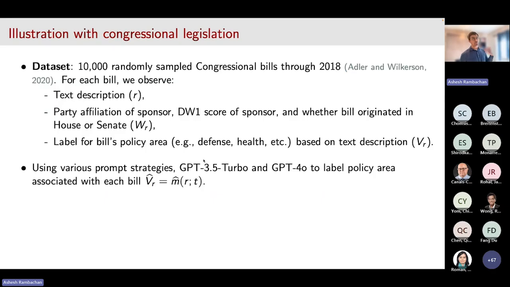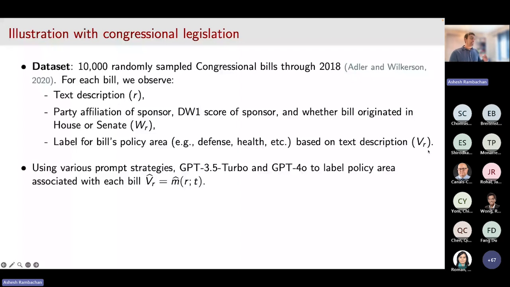Now, what does this mean for practice? This was an exercise that we did back in 2024, where frontier language models were GPT-4o, and people have redone versions of this with modern language models like GPT-5 and the Claude family and found similar results. What I'm just going to show you from this exercise is we took a random sample of 10,000 congressional bills. For each bill, we have its text description, a bunch of structured covariates, and someone painstakingly went through and labeled each of these bills for their policy area. And that's going to be what we'll call ground truth V.